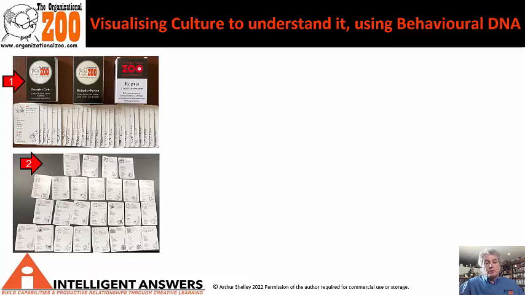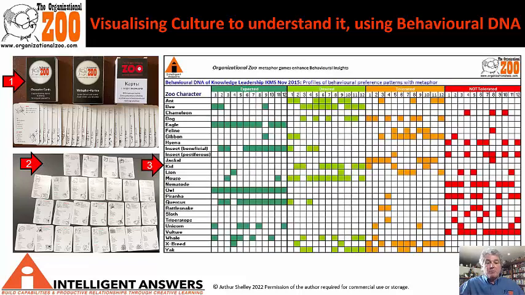They will then sort the cards into these 4 layers to create patterns. And then from that pattern, you use a quick algorithm to put in what the patterns are. And you can see here what happens. In this particular example, there were 12 groups of people, and each of those 12 groups was sorting the character cards into the behaviors that are expected, desired, tolerated, or not tolerated.